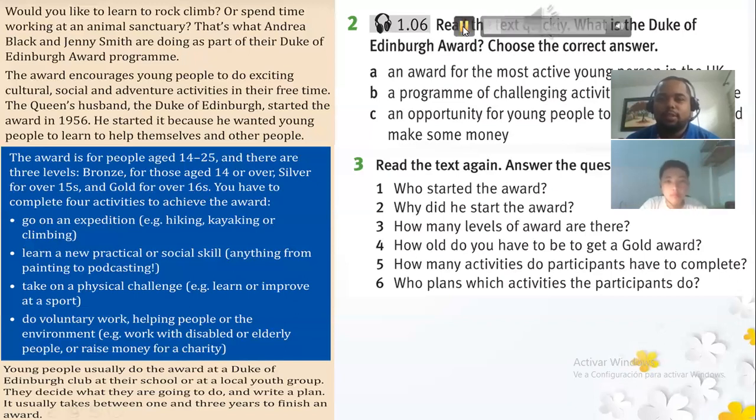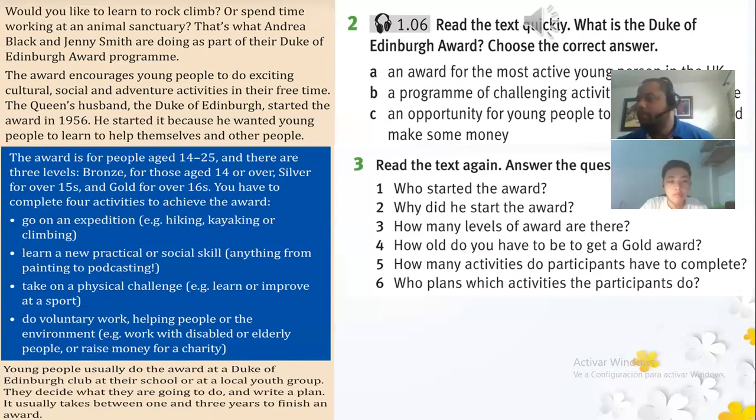and Jenny Smith are doing as part of their Duke of Edinburgh Award programme. The award encourages young people to do exciting cultural, social and adventure activities in their free time. The Queen's husband, the Duke of Edinburgh, started the award in 1956.